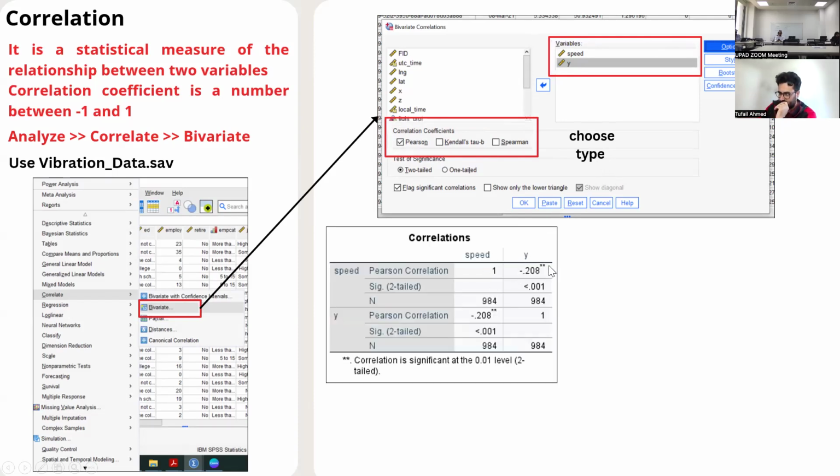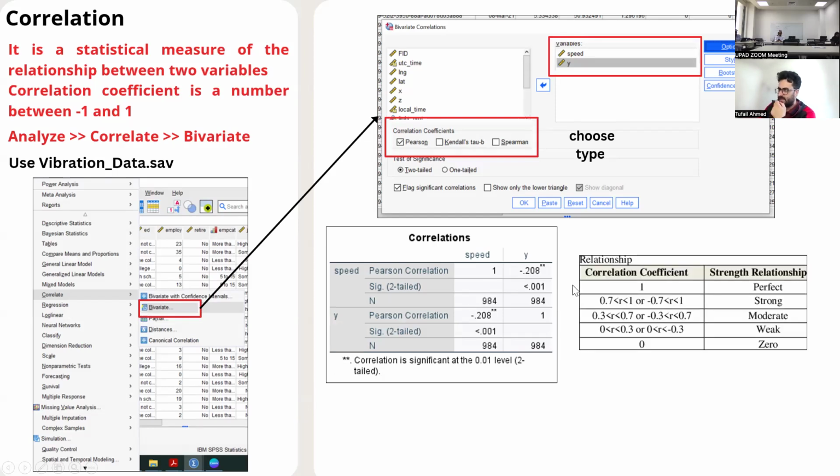This value shows you the correlation between these variables. How do we interpret it? It is just a number, 0.208. What does this value mean? Then you have tables, or you can compare it with this one. If this value, which I'm pointing at right now, was 1, then we would say there is a perfect correlation.